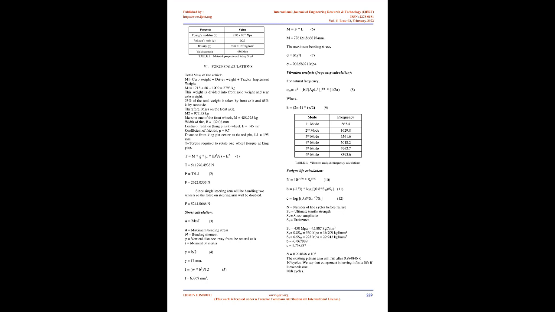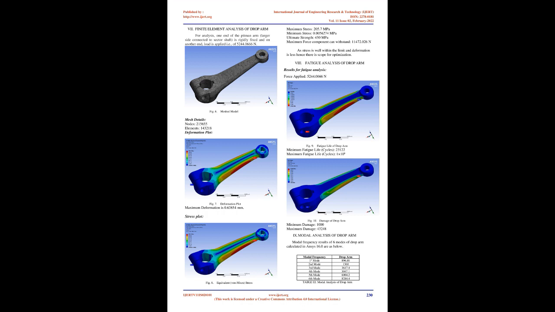205.7 MPa. Minimum stress, 0.0056274 MPa. Ultimate strength, 450 MPa. Maximum force component can withstand, 11,472.026 N. As stress is well within the limit and deformation is less, hence there is scope for optimization. 8. Fatigue analysis of drop arm. Results for fatigue analysis. Force applied,